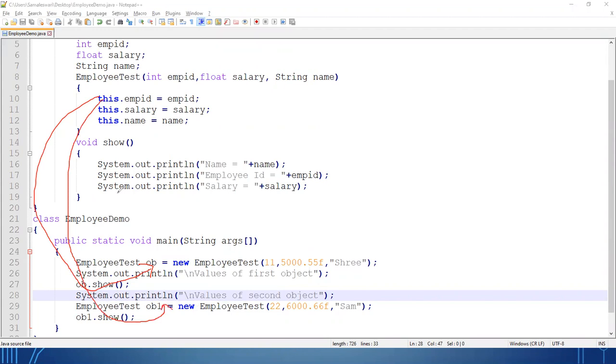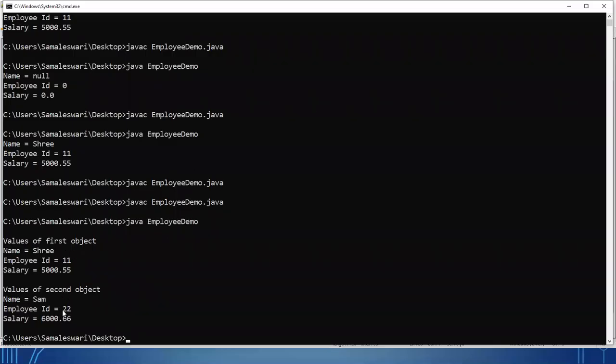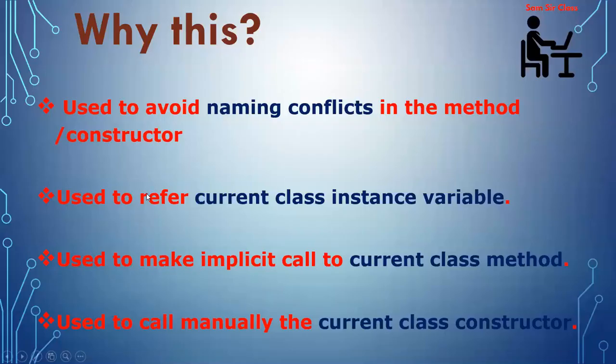So whenever this is used, it is used to point to the currently created object's instance variable. That's why we are getting different output for different objects. Clear? So you can check, it is used to refer to the current class instance variable. Whenever you are creating the object, for that object this is working and it is pointing to its instance variable, not to any others.